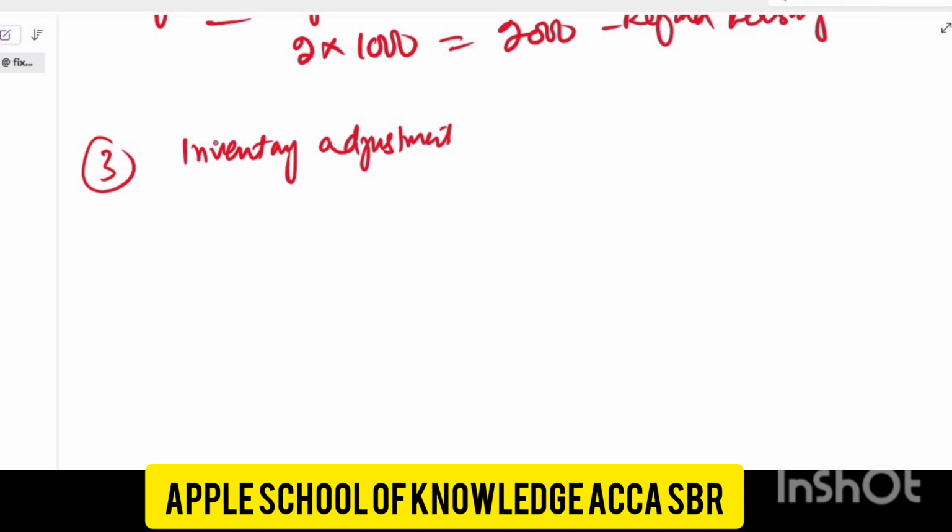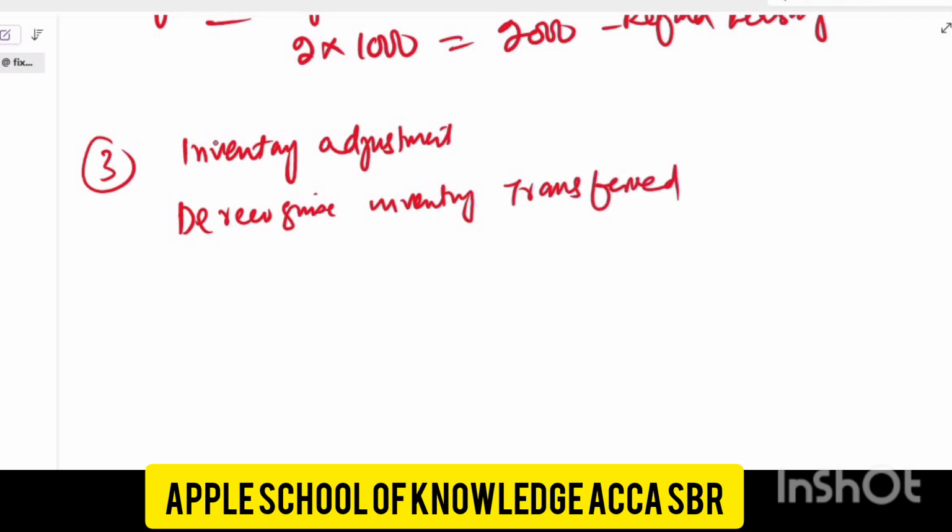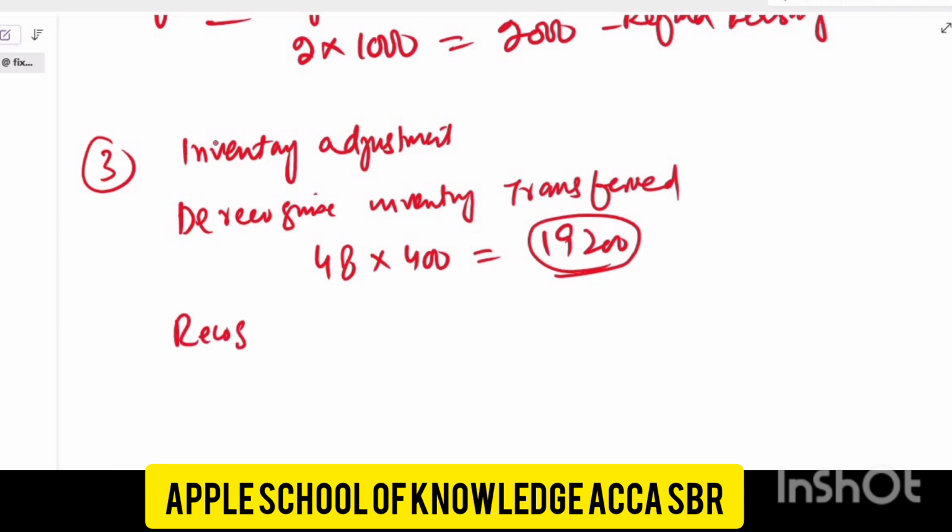And first you have to derecognize the inventory already transferred to the customer, and that is 48 sold products multiplied by cost 400, so it will be 9,200. So this is the derecognition of the inventory transfer. Clear? Now you have to recognize